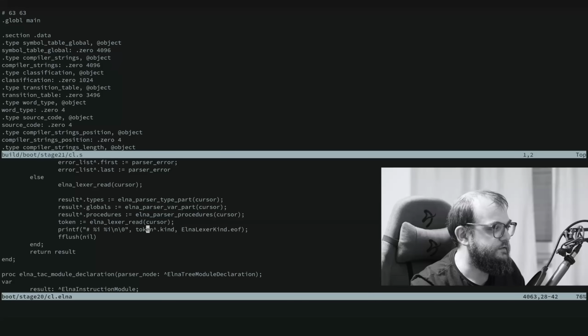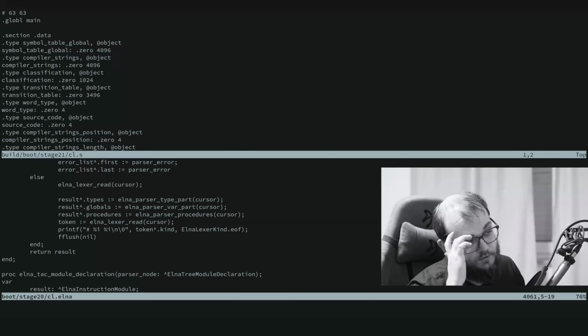Yes, they have the same value. So the cursor, the tokenizer cursor, is pointing to the end of file, and here we can actually